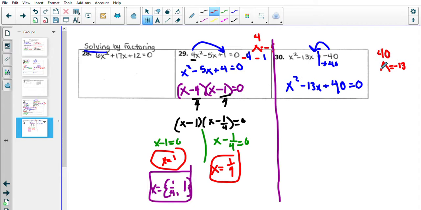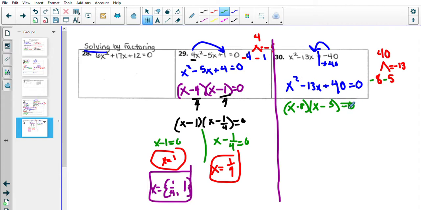But the numbers that do work for us are 8 and 5. And again, because I'm multiplying to a positive but adding to a negative, both of these have to be negative. So we get x minus 8 and x minus 5